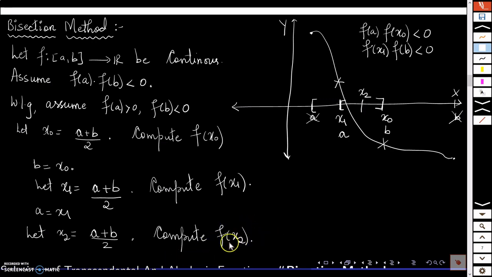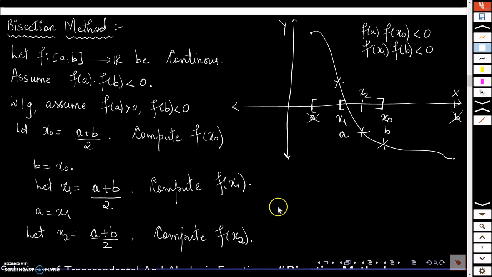right? If f of x2 is 0, then this x2 is the root of the function and we are done with the problem. Okay, so if at any stage you get f of any point to be 0, then that particular point is the 0 and we are done. We have found the root. If not, this could be either positive or negative. In our case, image of x2 is here. So it is negative,